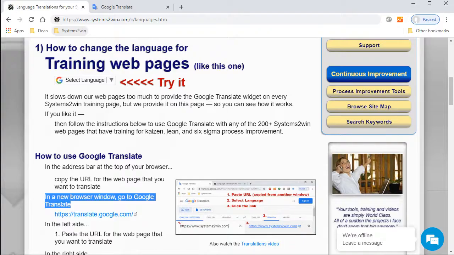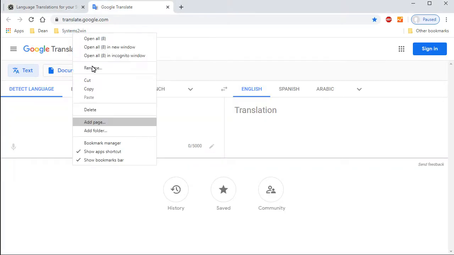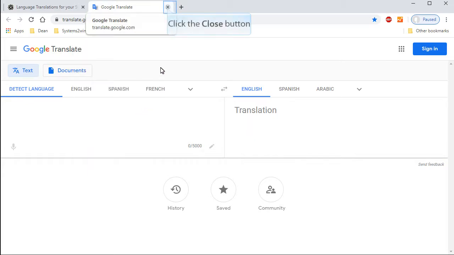And remember that usually there isn't going to be that convenient link that you can click. So what you're going to want to do is add Google Translate to your bookmarks in your browser. And then remember, Google Translate won't already be open, so let's close it.